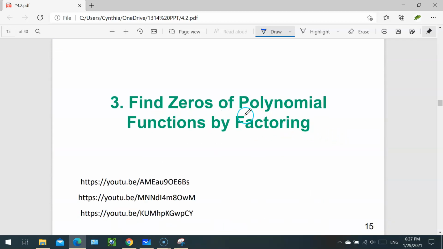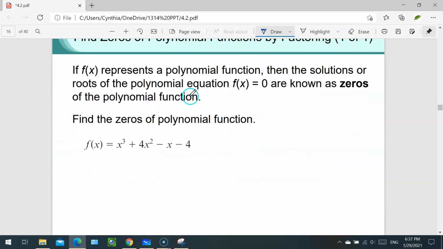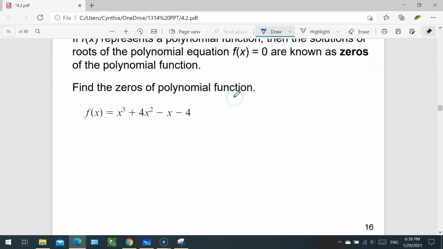How do we find the zero of the polynomial function? By factoring. Finding the zero means you are looking for the roots, the results. You are solving for x, in other words. If the function f of x represents a polynomial function, then the solutions or roots that make the function equal 0 are known as the zeros of the polynomial function. So in order to find the zeros of the polynomial function, we have to set the